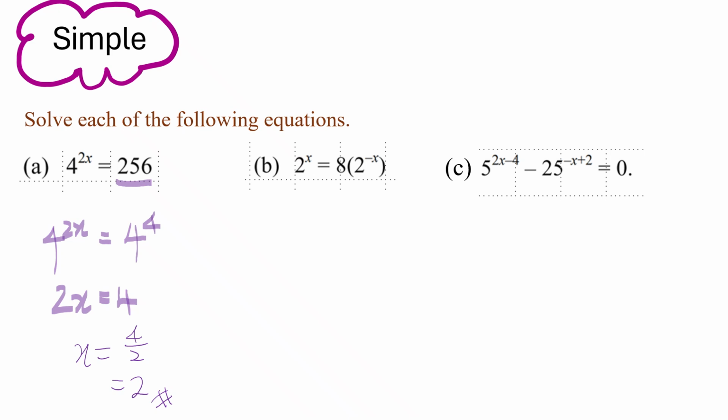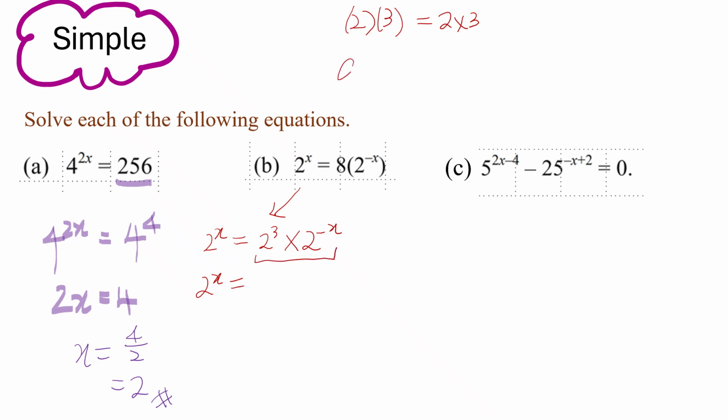Now for the next question, there are two ways of doing it. One easy way is, of course, to express everything as base 2, right? So 8 is just 2 to the power of 3. Now remember, bracket means times. It's like if you have bracket 2, bracket 3, it means 2 times 3. So likewise, I'm going to change the bracket to times. Okay, so if you remember how we simplify,